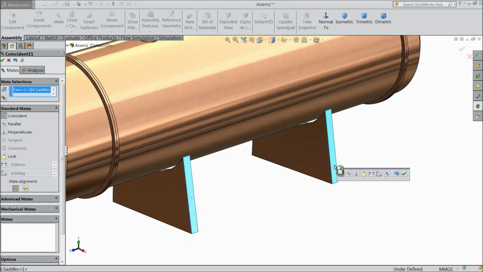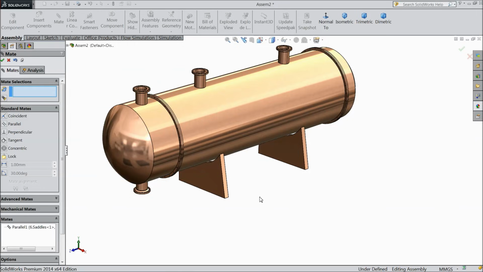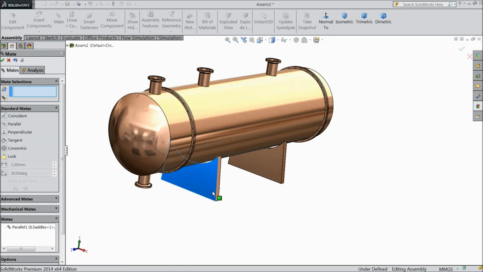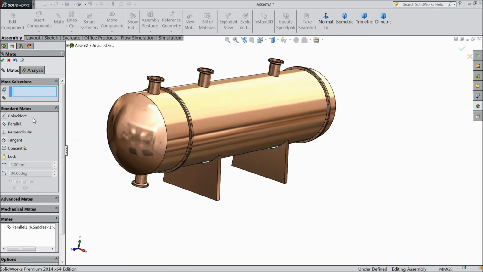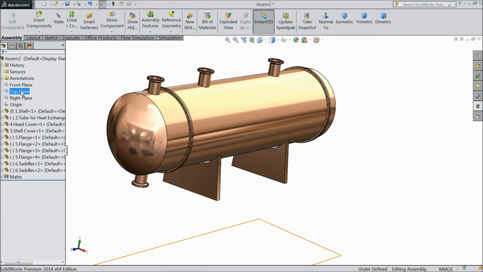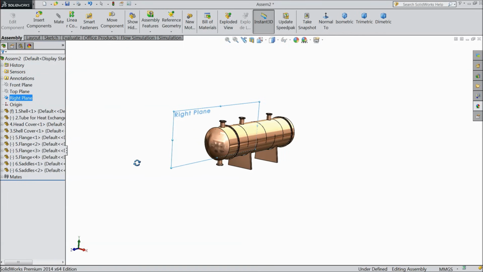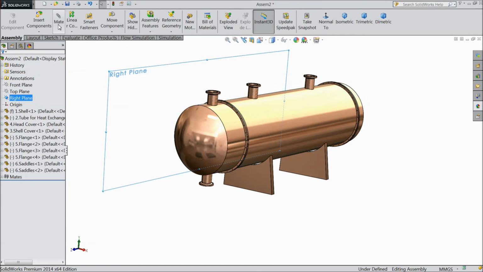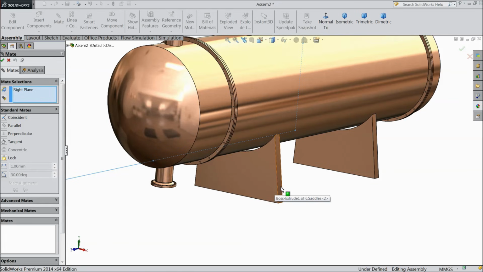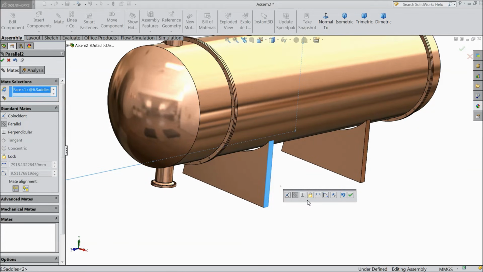This face and this face, make relation parallel. Select right plane, choose mate and select this face.